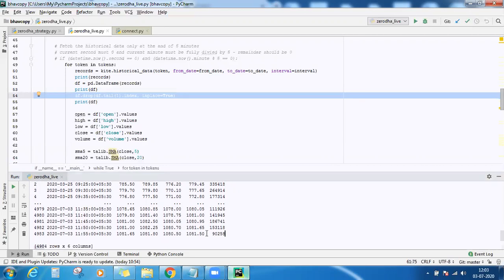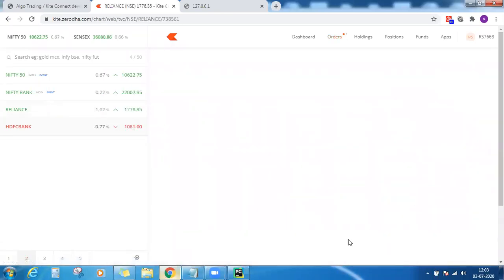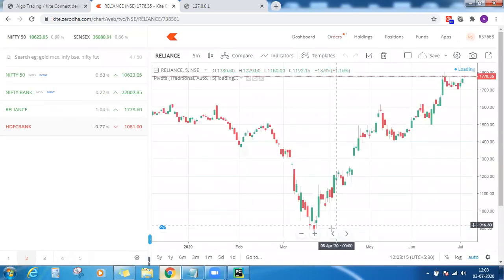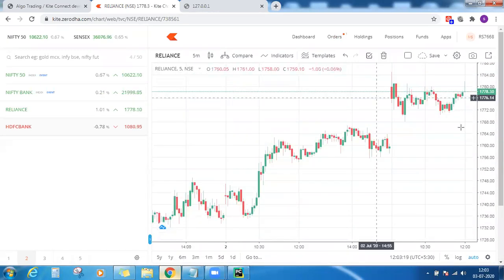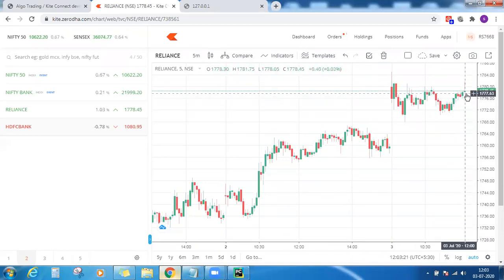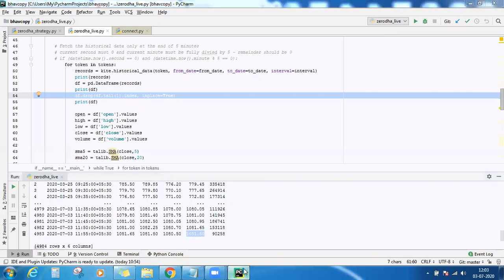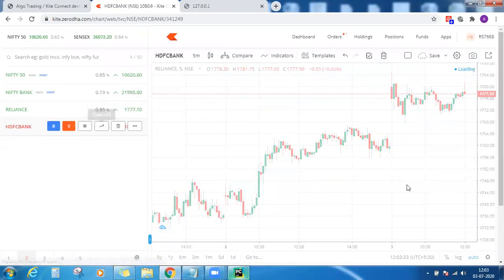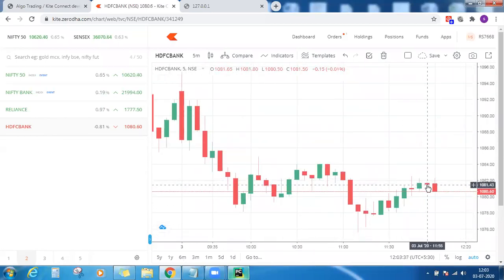So the closing price that you have now, 1081.5, is of the candle which closed at 12 o'clock. So this is the 12 o'clock candle. So it will close at 12:05. And this is Reliance. We are looking at HDFC Bank. So this is the candle I'm referring to.